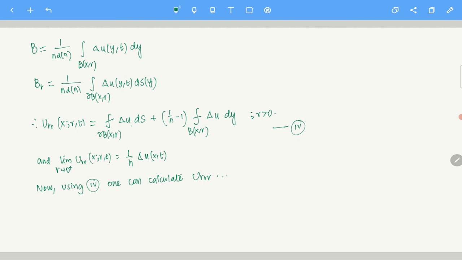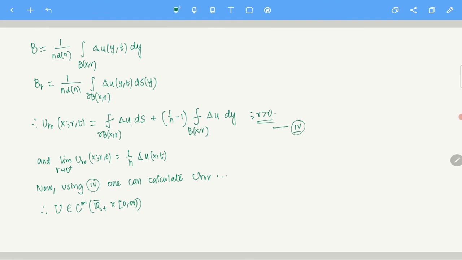What is going to happen then? Therefore, you have capital U. You can show that this is in C^m of R plus bar times 0 to infinity. Why R plus? For any r positive, this is in C^m, because u_rr exists and is a continuous function. So basically it is in C^2. From 4 we are getting it is in C^2 with respect to r.